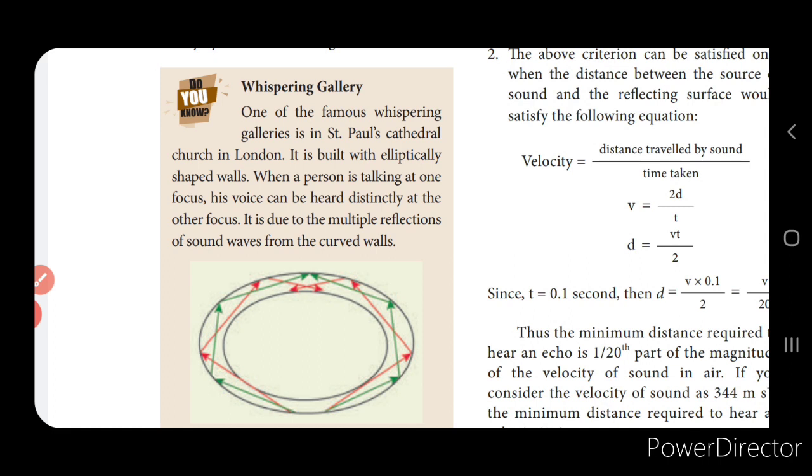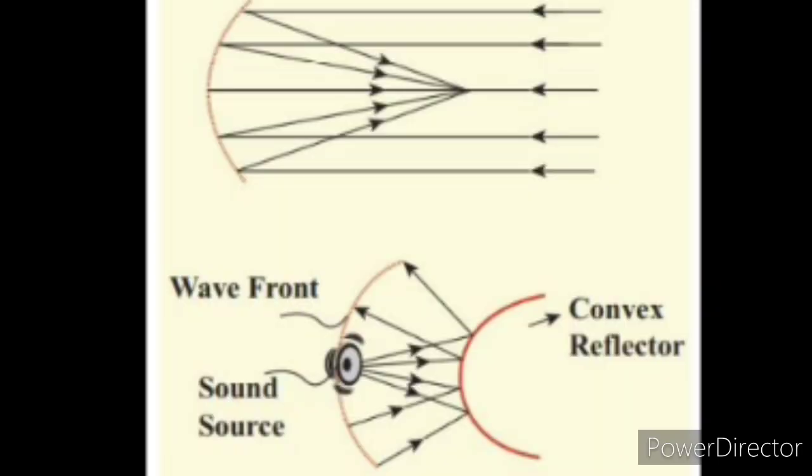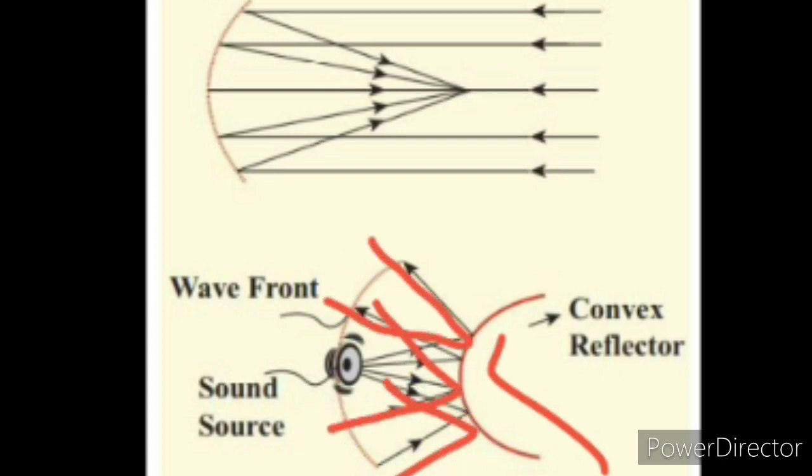Now if you see, the intensity of the reflected ray is neither decreased nor increased, because it follows the law of reflection. Now when sound waves are reflected from a curved surface, the intensity of the reflected ray is changed. For example, take reflection from a convex surface. When the sound waves meet the convex surface, they get diverged. They diverge out and the intensity will decrease.